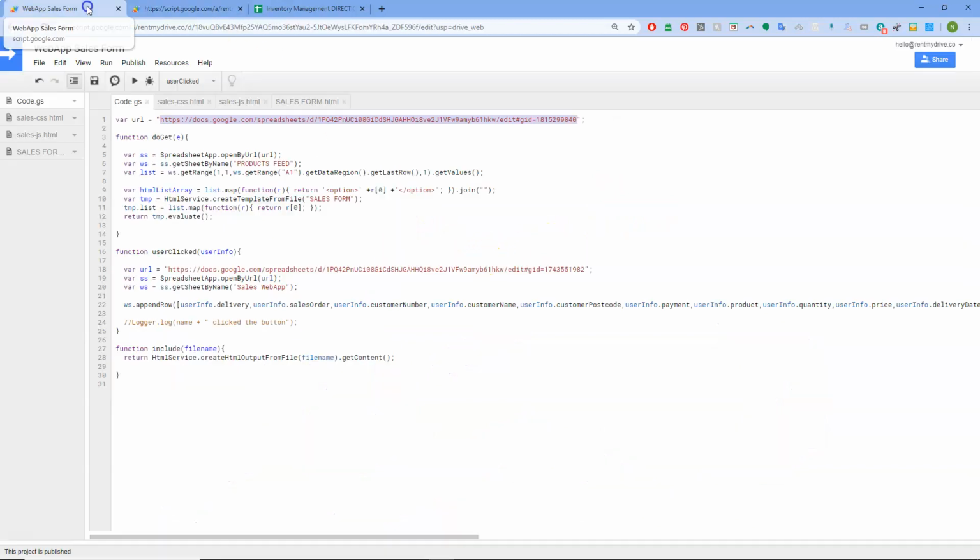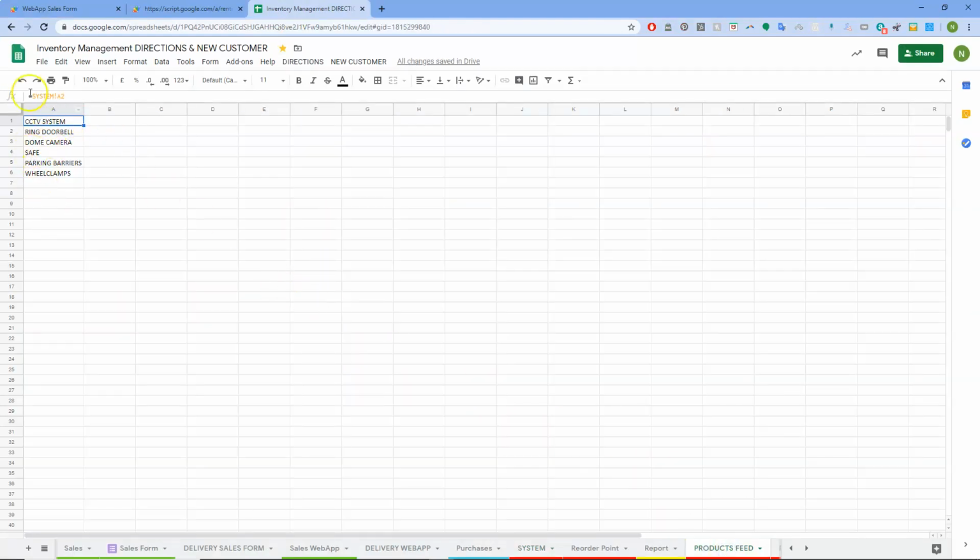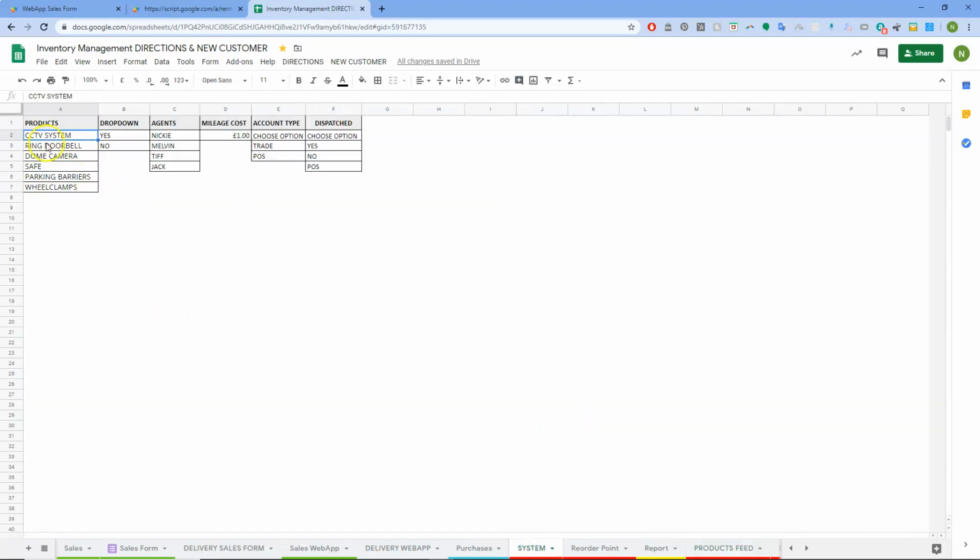I'll give a quick description of this before I then pause the video to fill out the form because it's quite long. So I've just explained these two to you, what we're doing. Now it pulls it from that. Did I show that Products Feed? Yeah, there anyway. So we can see the sheet pulls it from here, which pulls it from system. So even if you had like 800 stores or websites all selling the same product, you'd only have to update it, say here, domain, that's it, and then all 800 websites could call up this range into their own web